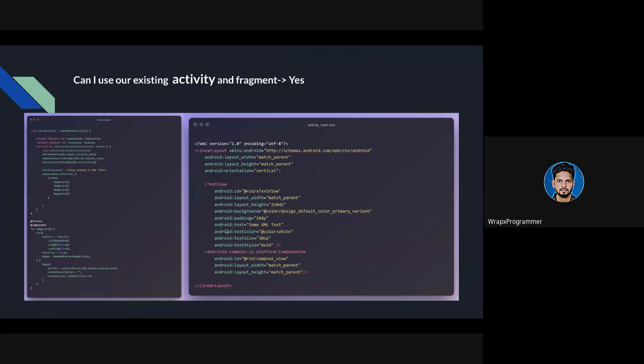तो आपको ज़्यादा यूज़ नहीं करना, अदरवाइज़ हमारे पास एक कंपोनेंट एक्टिविटी है जो कि बेसिकली कंपोजेबल एक्टिविटी है। सो इन दैट यू डोंट हैव टू वरी अबाउट दैट टू। बस आपको सेट कंटेंट व्यू करना है और सेट कंटेंट व्यू में थीम ऐड करके आप आगे काम कर सकते हैं। बट इफ यू वांट कि मैं कॉम्पैक्ट एक्टिविटी को ही यूज़ करना चाहता हूँ, तो फॉर दैट यू जस्ट हैव टू बेसिकली एक्सएमएल में आपको ये कंपोज़ व्यू को ऐड करना पड़ेगा और फिर कंपोज़ व्यू के ऊपर आप जितनी भी अपनी कंपोजेबल फंक्शंस को एग्ज़ीक्यूट करवाना चाहते हैं उसके अंदर अकॉर्डिंग टू योर रिक्वायरमेंट्स उसको आप यूज़ कर सकते हैं।